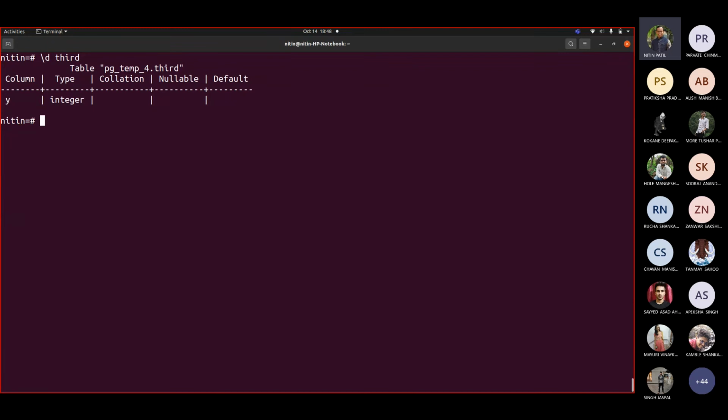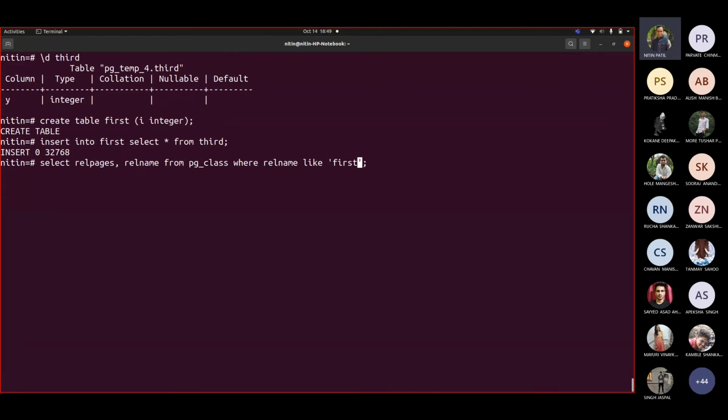So instead, let me create a table, create table first with column i integer, and insert into first, select star from third. So you inserted all records. Now instead of third, I'll write first: select relpages, relname from pg_class where relname like first.